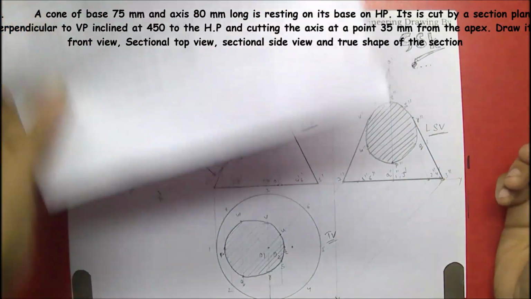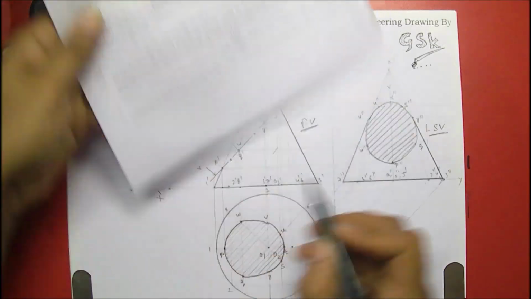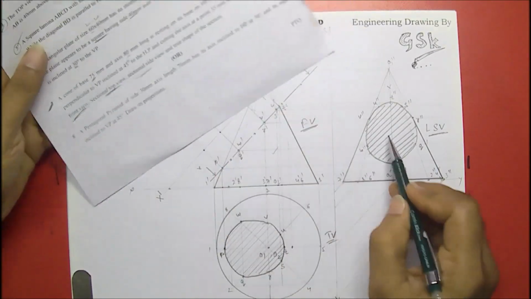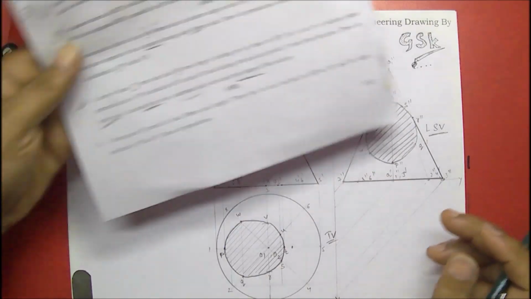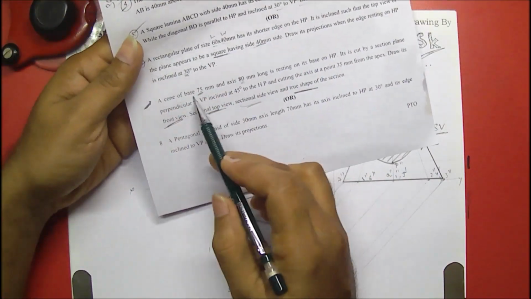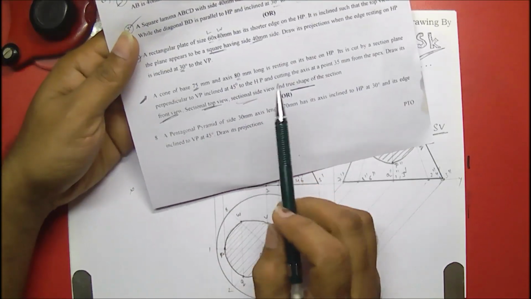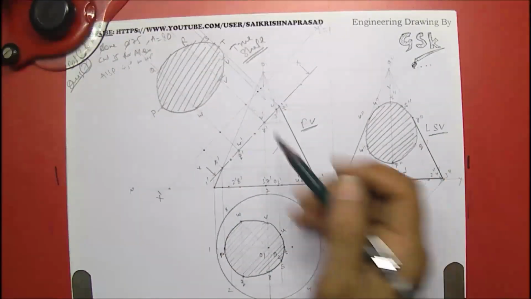So here we have finished drawing its front view, sectional top view, sectional side view, and true shape of the section. With this we have finished the 7th problem: cone base 75 diameter and axis 80, cut by an auxiliary inclined section plane at 45 degrees to the HP and at a point 35 mm, means from the top,